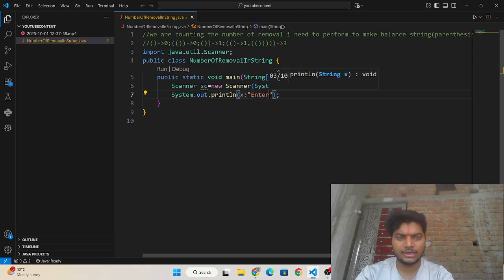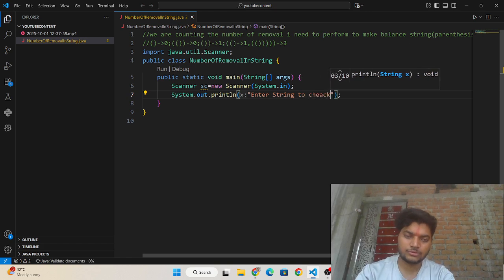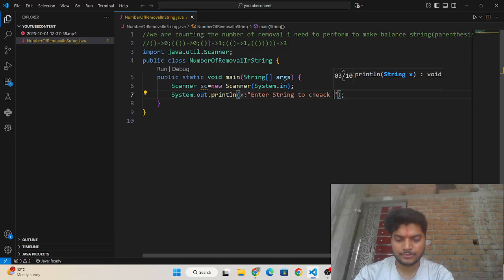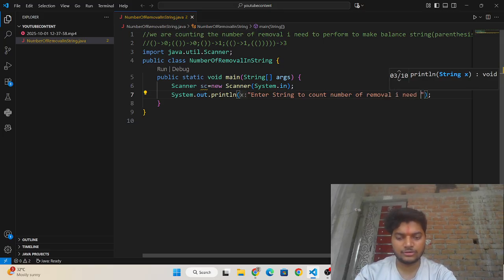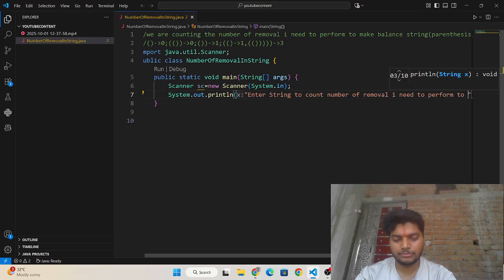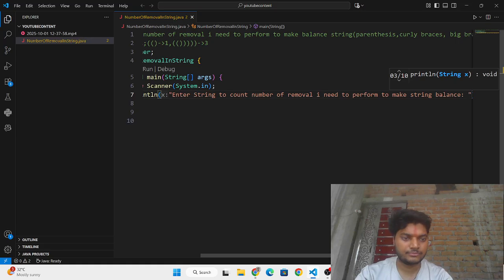So I am writing the message: enter a string to count the number of removals I need to perform to make the string balanced.